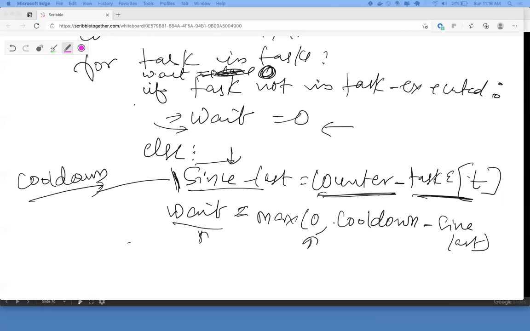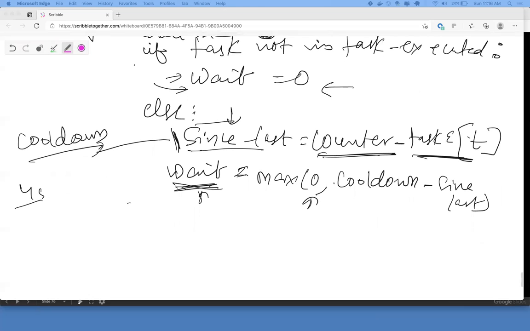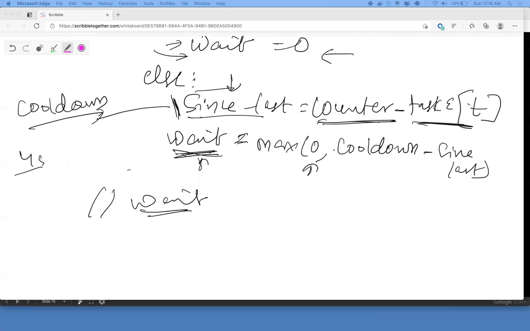And since last was the last time it was run against the current time, right? So if the cooldown is 4 seconds, you're waiting for 2 more seconds for it to cool down. So now you have your wait time. This is the amount of time you'll have to wait before the current task executes, right?